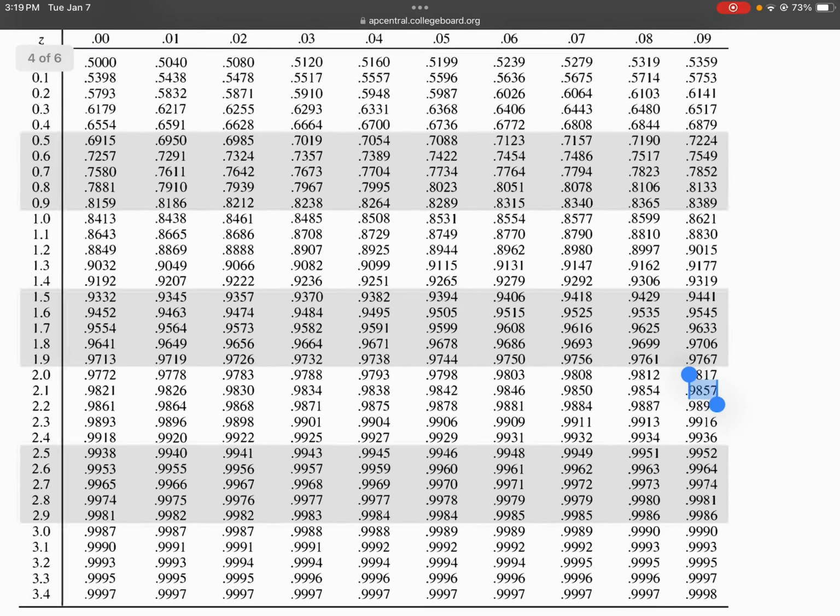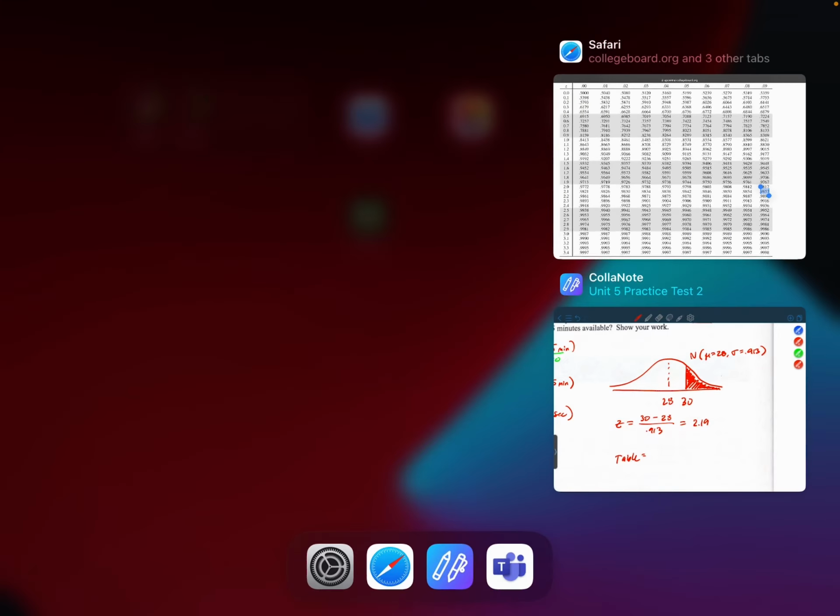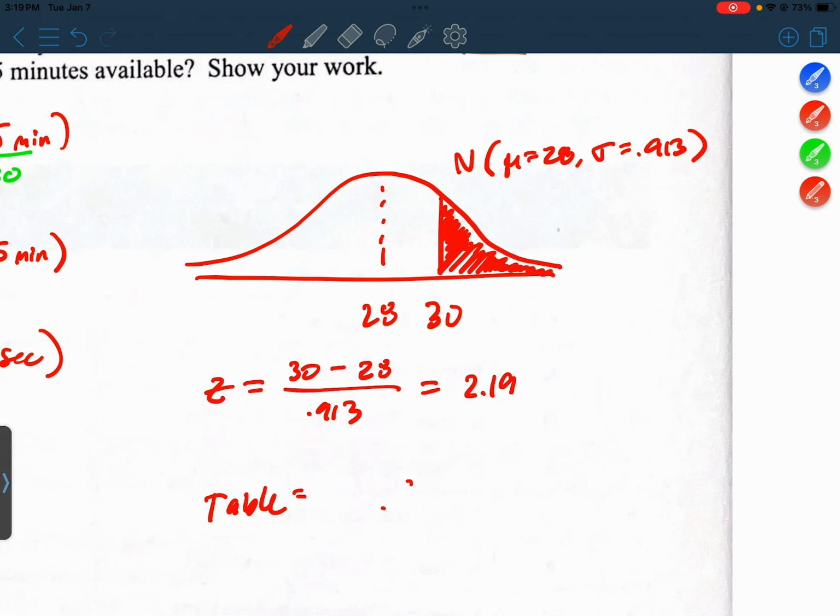Let me make sure. Yeah, 0.9857. All right, like so many other problems we've done on these practice tests, this is not the answer. It's the left or unshaded side. So just subtract from 1, and you'll get 0.0143